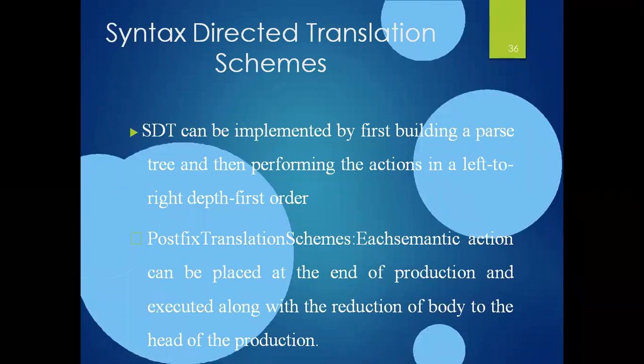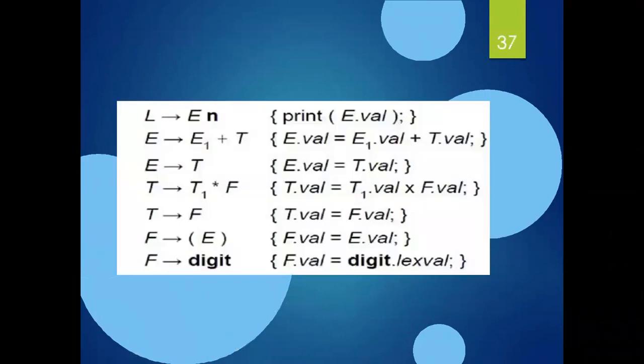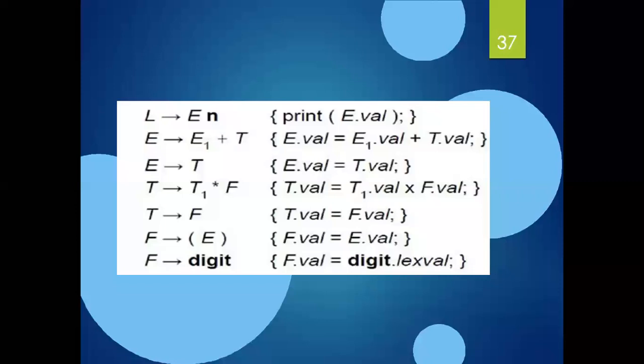And here we have seen that the attributes are specified for each grammar symbol of the given productions, and these attributes are used to evaluate the expression along the process of parsing, and we can call it exactly the same time some semantic rules are applied, right? So during the process of parsing, the evaluation of attributes takes place by consulting the semantic actions enclosed in braces. See, here we're having an example for that. Once all of you see the slide, then you can easily understand what I am saying.